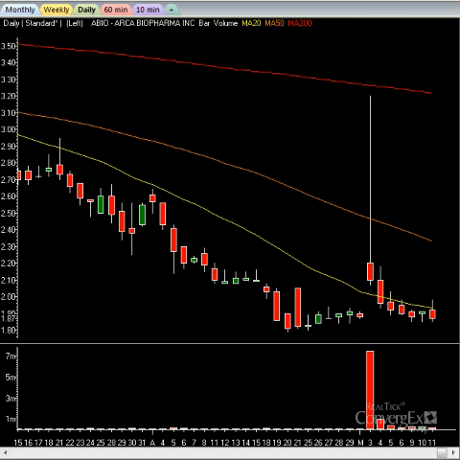Another biotech I love is ABIO. This had great news on a big deal with a big pharma company. It spiked up to 320, and now it's consolidated back to the pre-run levels here. It could take a little while, but ultimately I think this is making a bottom down in this range. Anywhere down here is your bottom level on ABIO, and I think eventually it will head back to $2.50 to $3. So those are just some ideas, throwing them out to you guys out there.